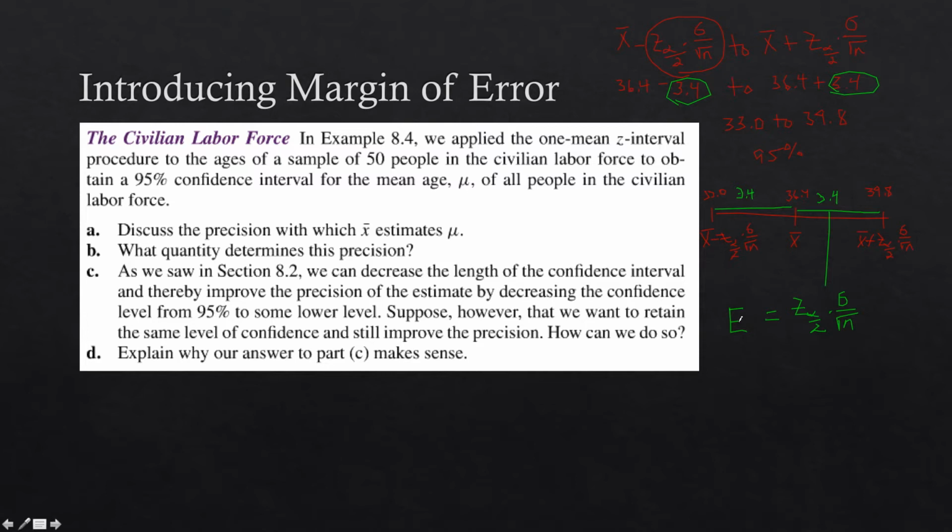How can we do that? Well, the key is the error here. In order to improve precision, we have to reduce our error. Does that make sense? In order to improve precision, we need to reduce our error. Well, how can we reduce error in this problem? Well, you can't do anything to z sub alpha divided by 2. You can't really do anything to the standard deviation because that's determined by the sample